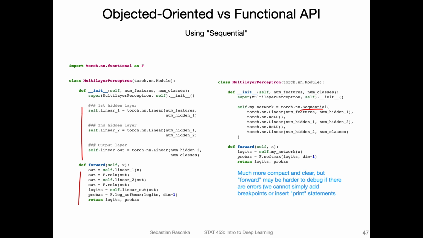So what's going on here? On the right-hand side, I'm using Sequential. It's essentially like a Python list, and everything inside Sequential gets executed linearly, one by one. So first it will execute linear, ReLU, linear, ReLU, linear. Or rather, it will define it first, in the Sequential thing, and then we can use it in forward.